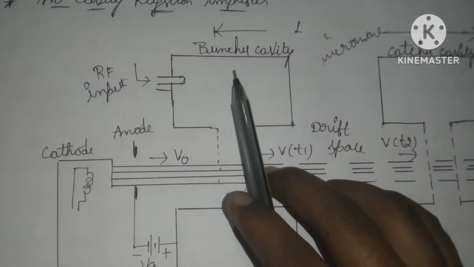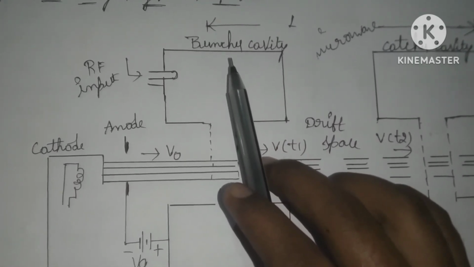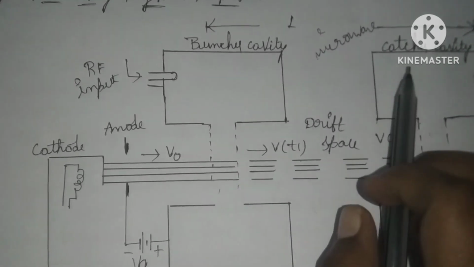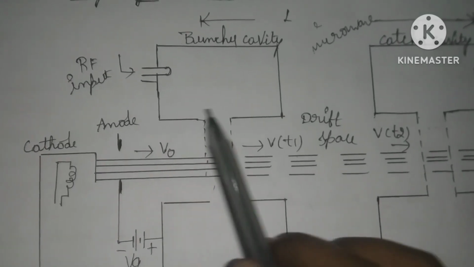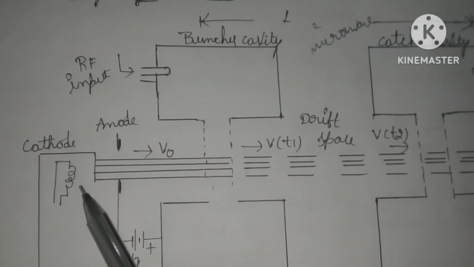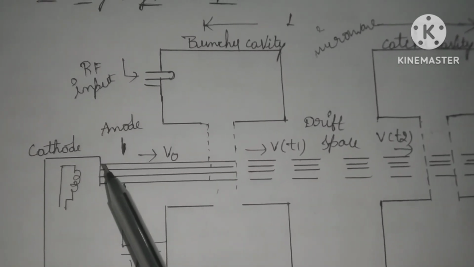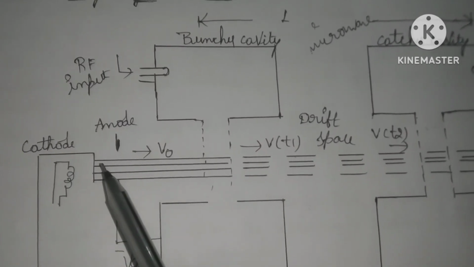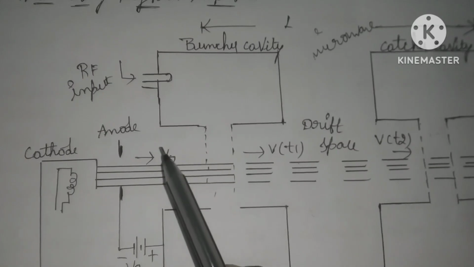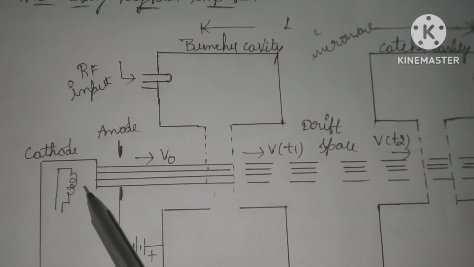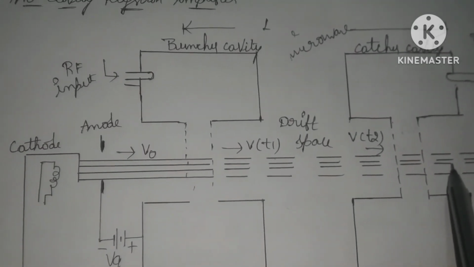And here, first one is the buncher cavity, and here we are using two cavities. First one is the buncher cavity and second one is the catcher cavity, and the cathode, anode and collector. So first of all we see the cathode. Here the cathode is used to produce the electrons, and the anode is used to focus the electrons which are injected from the cathode, and the collector is used to terminate the electron beam